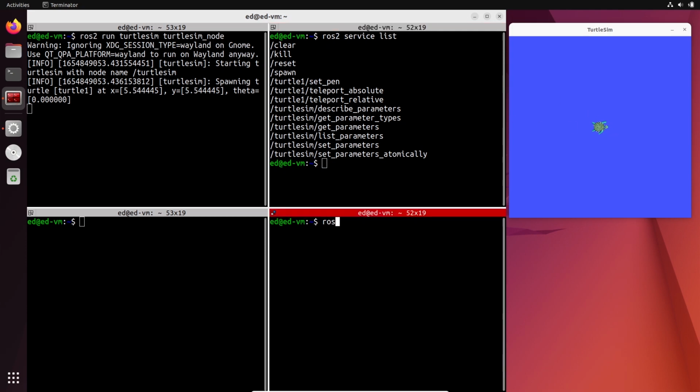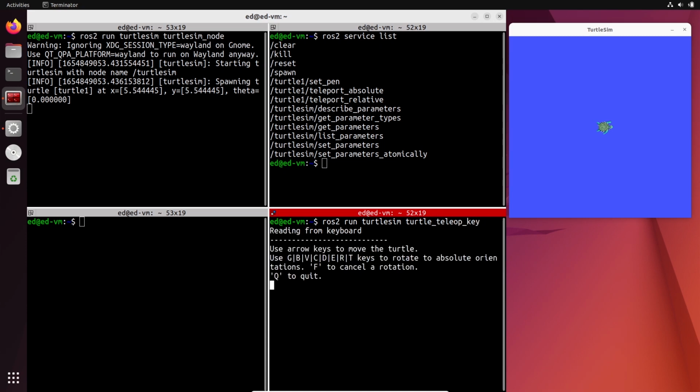Let's do ros2 run turtlesim turtle_teleop_key, and when I move, you can see it's kind of light gray. But we can change the color of this. We can change it with set_pen. So that's an example of how to change a setting. The service server is hosted on the turtlesim node, and then we can call this from another node or even from the terminal. So let's do ros2 service type